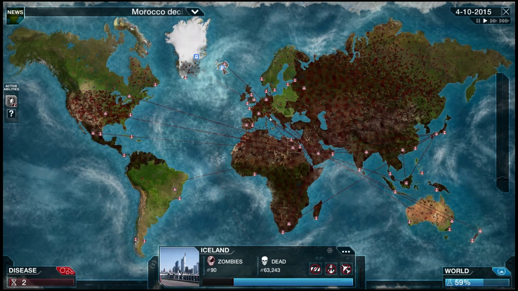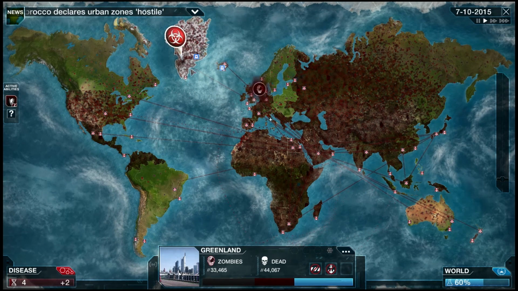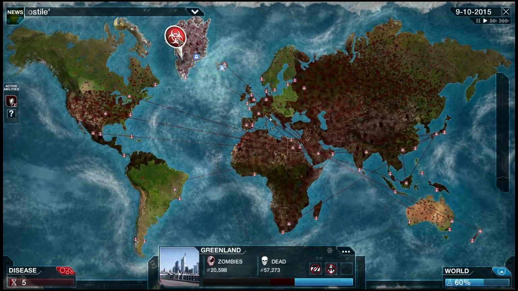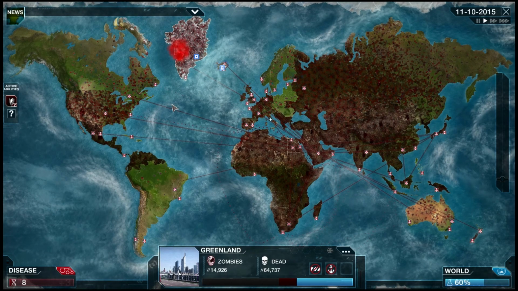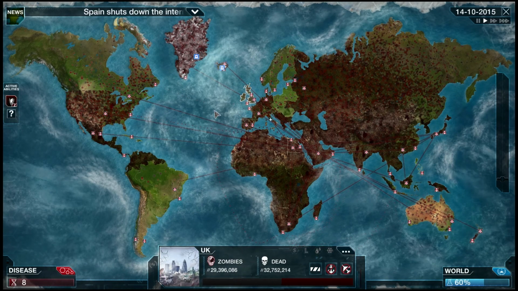Canada's still holding out quite well. So you see 70,000 quickly takes care of... Well, it doesn't quickly take care of Greenland. It helps take care of Greenland. Thank you. Yeah, they're still doing a good job of holding out. Let's